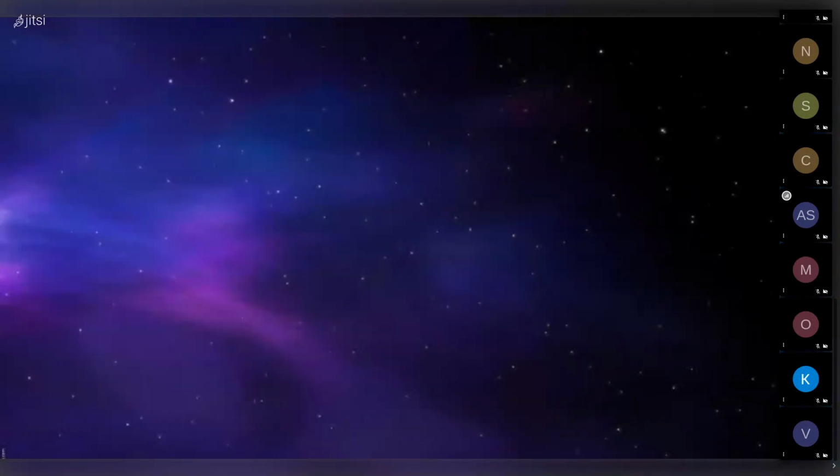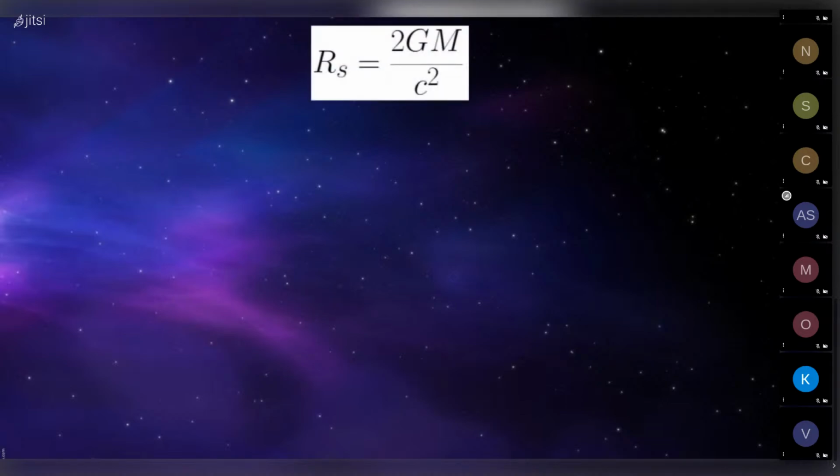So what Schwarzschild said is, let there be any celestial object of mass M, and if it is compressed such that its radius becomes less than some value called Rs, that is, Rs equals 2GM by c squared. So let any object have mass capital M, and if that object is compressed so that its radius becomes less than this value, called the Schwarzschild radius, then if the radius of that object becomes less than this value,